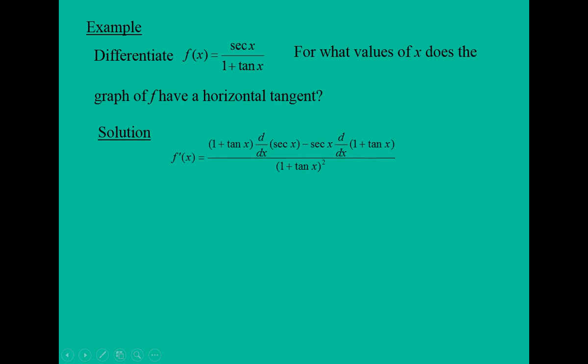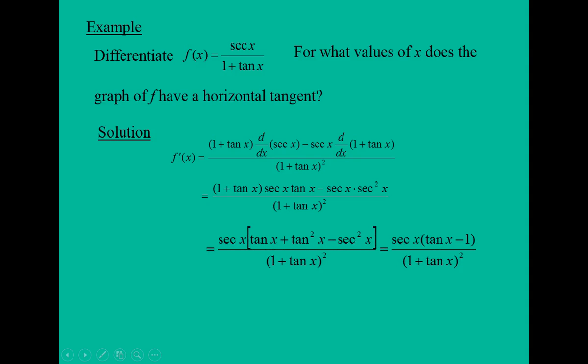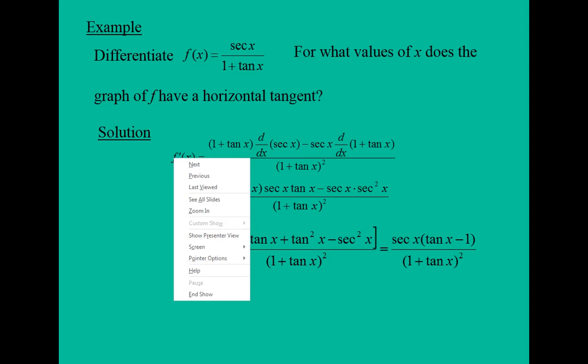So we formulated our plan. So finding the derivative, first of all, we have the bottom times the derivative of the top minus the top times the derivative of the bottom, all over the bottom squared. And you can verify the derivative of secant x and the derivative of 1 plus tangent x. And we're going to factor out a secant x, and within these brackets,